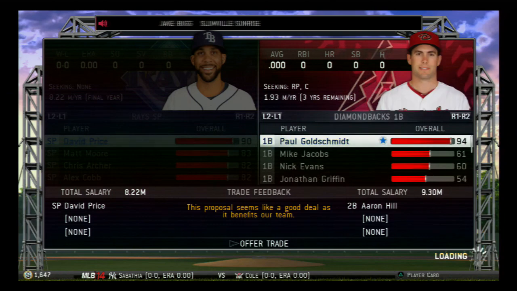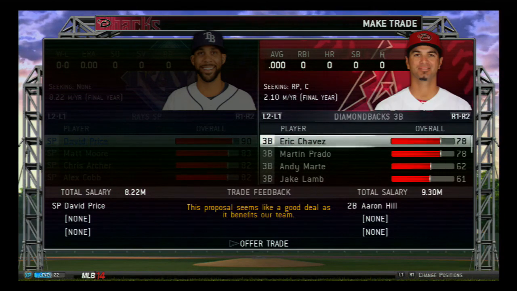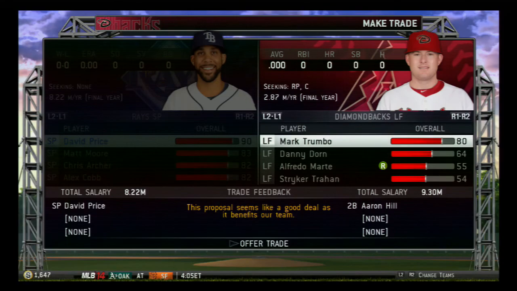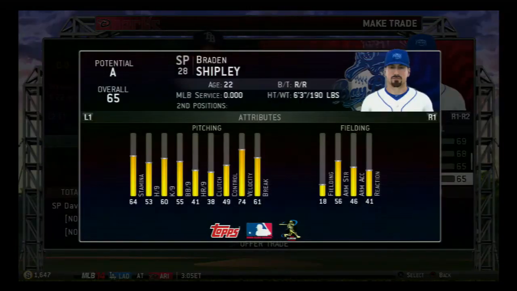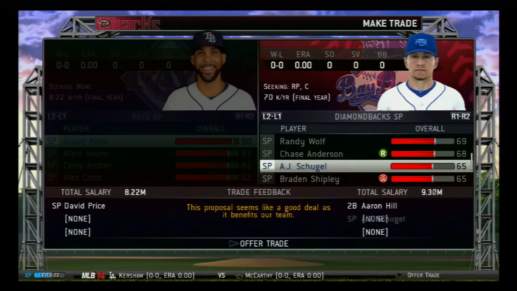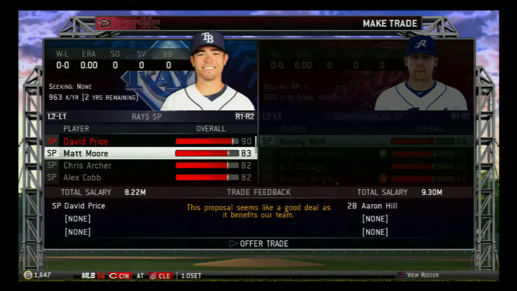I'm not going to do this trade straight up. Don't worry. I'm going to add something to it. I want Gregorius for depth. Let's give them a pitching prospect. Not Shipley. Who's the other guy I had that's good? Chase Anderson? They don't want Chase Anderson. They don't want anyone who's good. They want to just give me David Price and never speak of it ever again. I mean, I'm not opposed, but